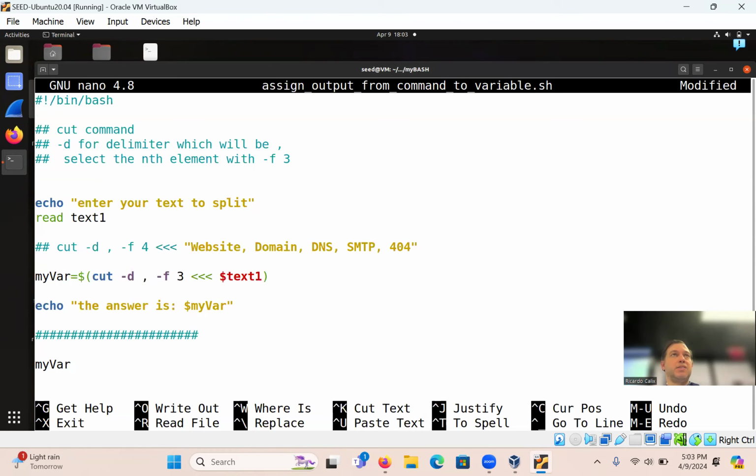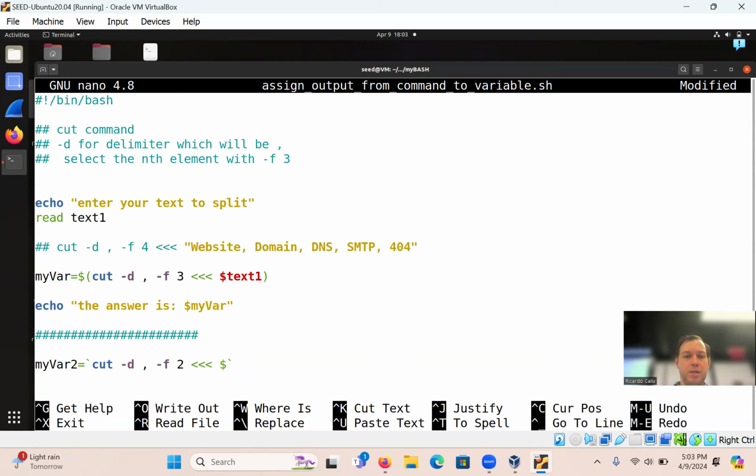Oh, this needs to be a second variable, so 2. And it's going to be these symbols, a little backtick thing. All right. And I'm going to write the exact same command: cut -d, I'm going to use the comma as a delimiter, -f, and I'm going to change it to 3.